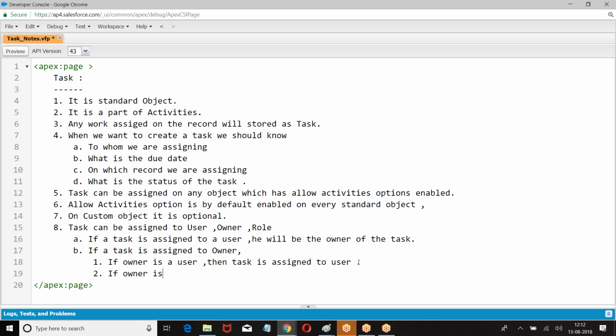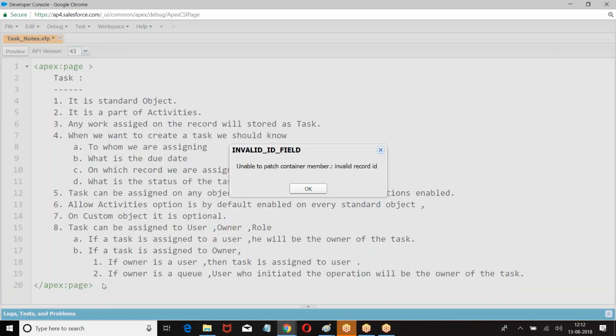If owner is a queue, the user who initiated the operation will be the owner of the task.